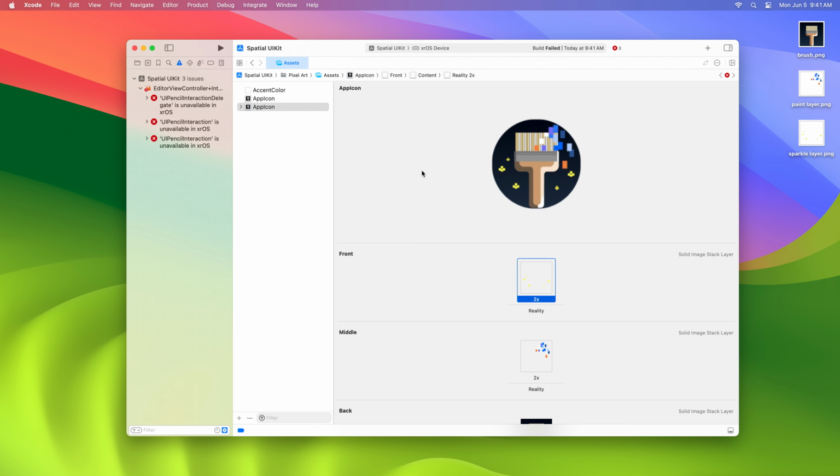Okay, there are a few build errors. It looks like some of the APIs that were being used for the iPad app are not available on this platform. Let's talk about why. This is a brand new platform with brand new capabilities and characteristics that make it different from other Apple platforms. So here are some things you'll need to look out for when bringing an app over. When bringing your app over for the first time, 2 common areas to investigate are APIs that were deprecated on previous iOS releases and APIs that don't translate well to this platform.